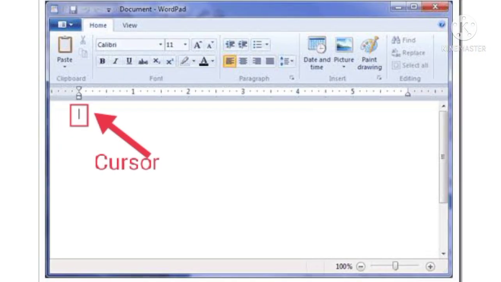Working in WordPad. Do you see a cursor within the WordPad window? If not, click once inside the WordPad window. Now you can type anything in this window. The cursor shows the position where the text you type would appear in the window. Press the Enter key to move to the next line.